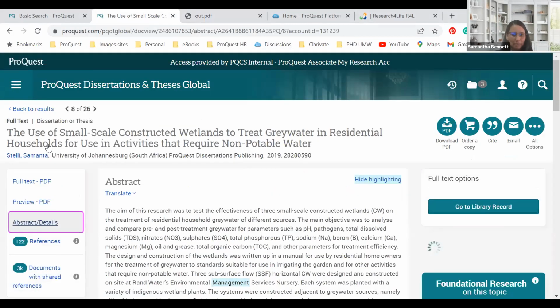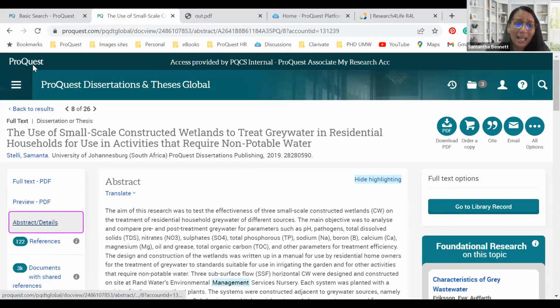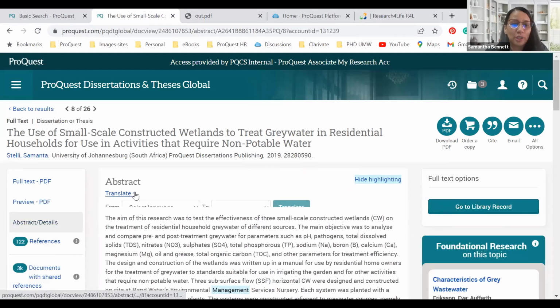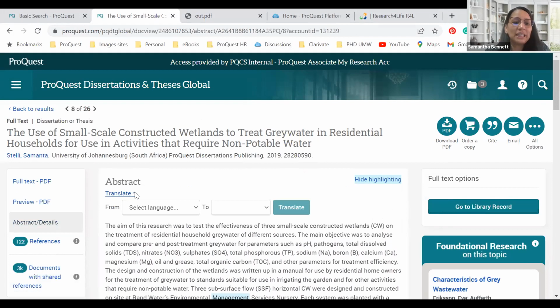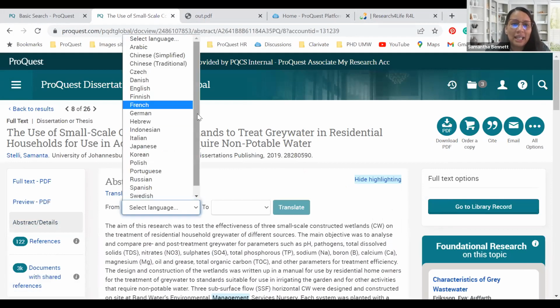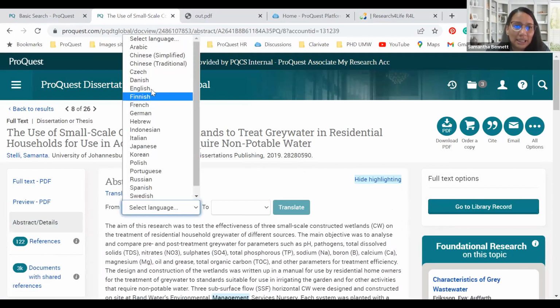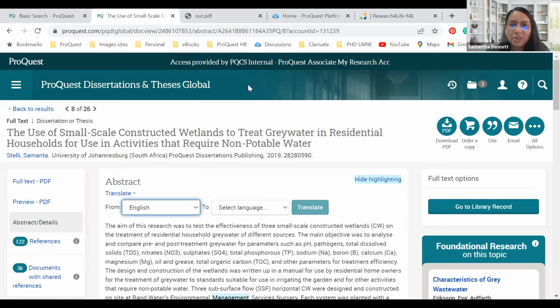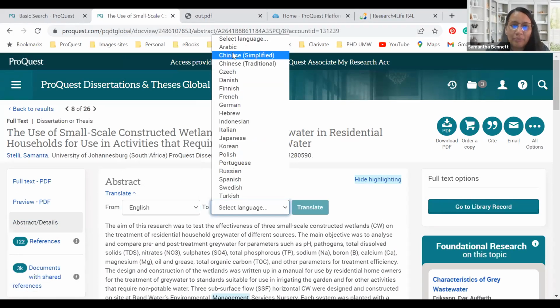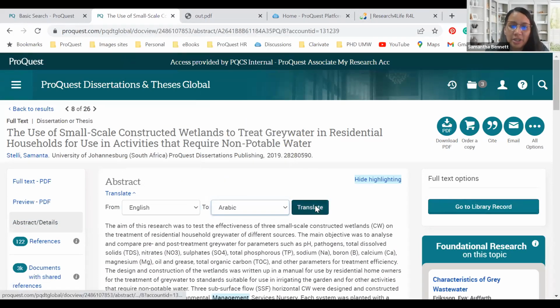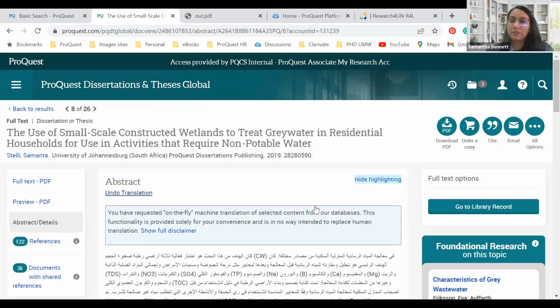Now, let's assume I am Arabic speaking. I would like to translate the abstract of this. I can simply click on select, and I would like to change it from English to Arabic. So I'm selecting English here, and I would like to change that and translate it. It takes a couple of seconds.